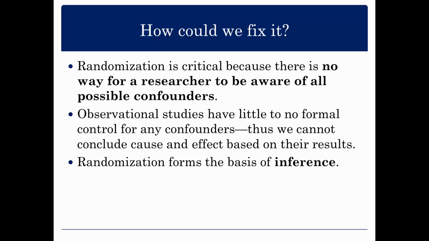Observational studies like the cross-sectional study, the case control study, the cohort study, have little to no formal control for any confounders other than the way we sample. So we can sample our subjects in a way that our cases are as similar as possible to our controls. But beyond that, we really have no other controls for what's called selection bias in this case. So regardless, in those observational studies, we can't conclude cause and effect based on their results. Randomization and random sampling form the basis of inference,